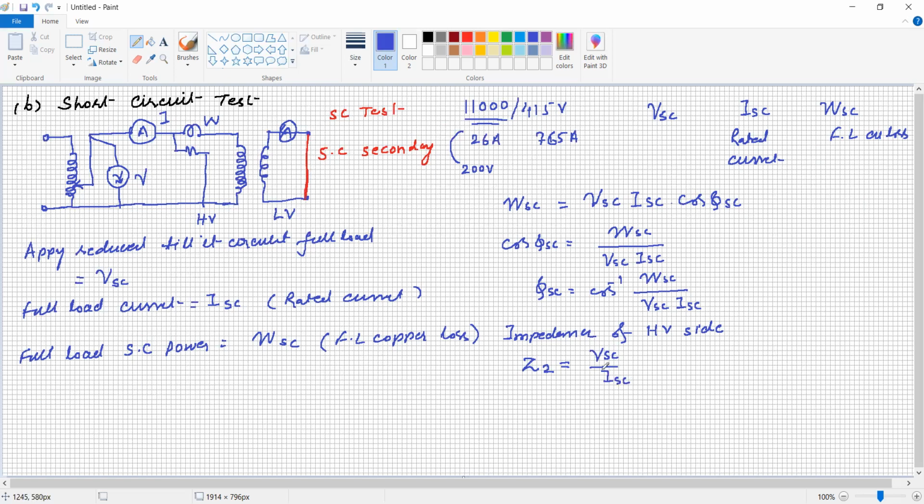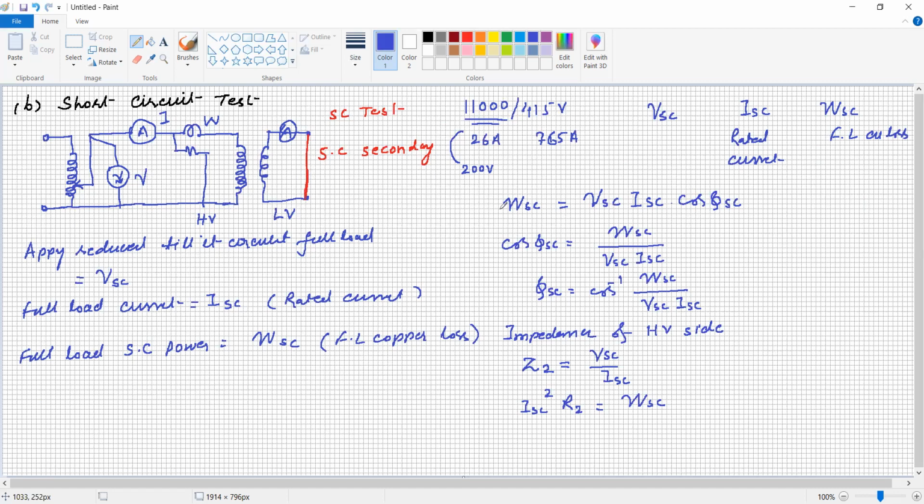Here the resistance we are going to find out. What would be the power? The power can be written as ISC square R2, which is equal to WSC, because WSC is the